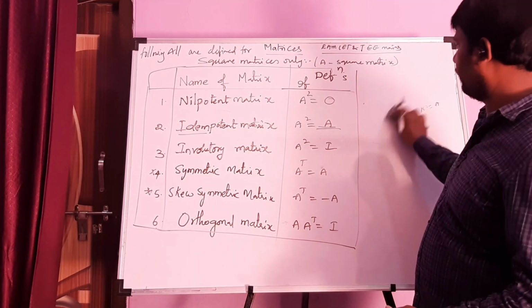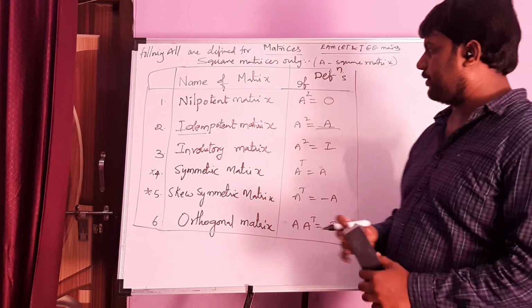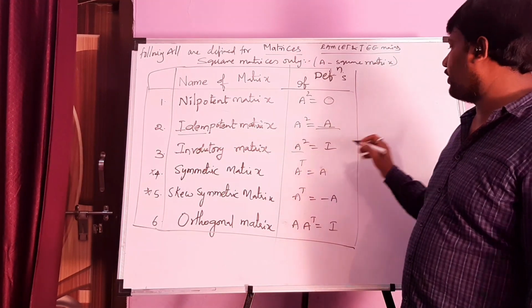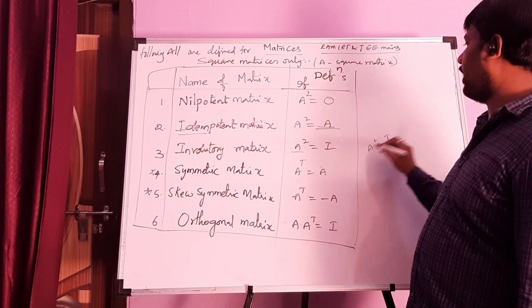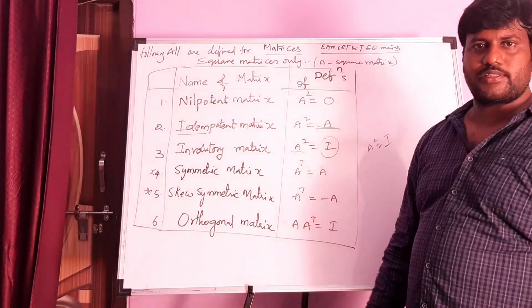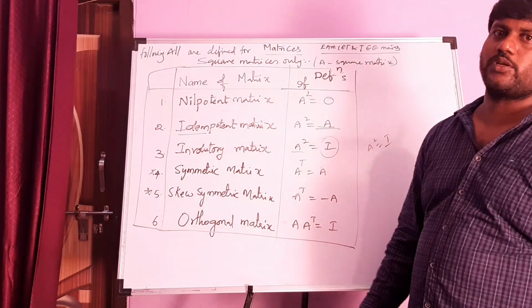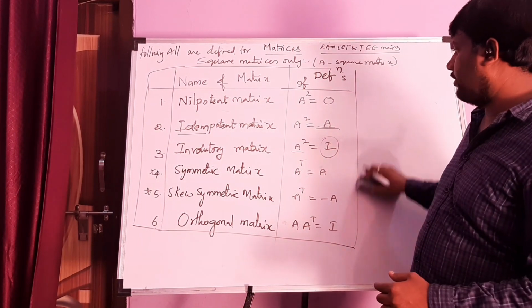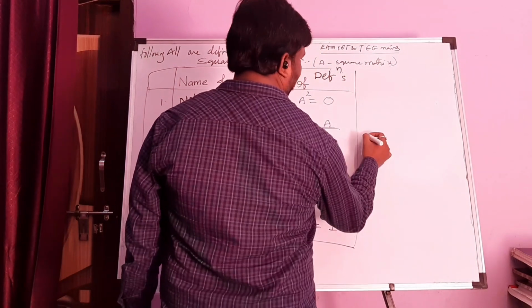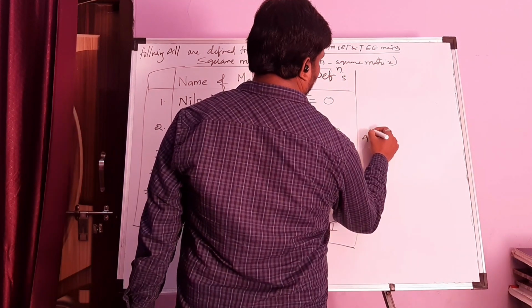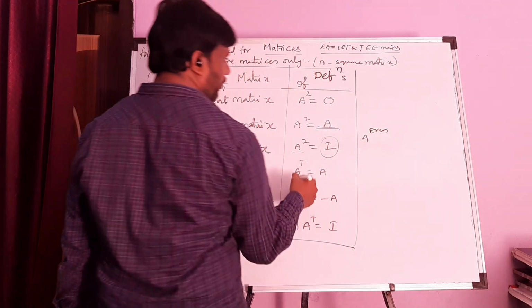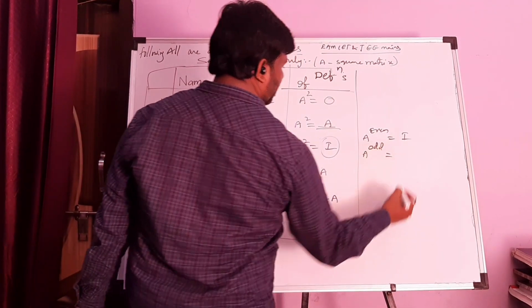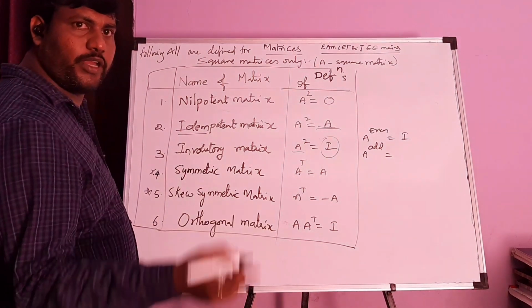It's very useful when we are solving the problems. Next, involutory matrix, I for I. For an involutory matrix, A square equals I. When we multiply A with itself, you get the identity matrix, that is 1 0 0, 0 1 0, 0 0 1, whatever it is, right? So remember, for this involutory matrix, if the power is an even number, that is A square, A power 4, you get I. But if the power is an odd number, that is A cube, A square into A, you get I into A.